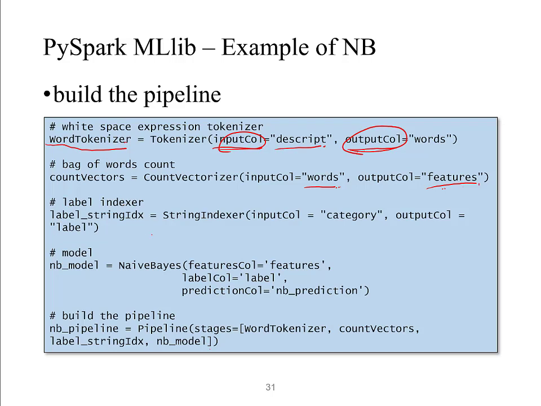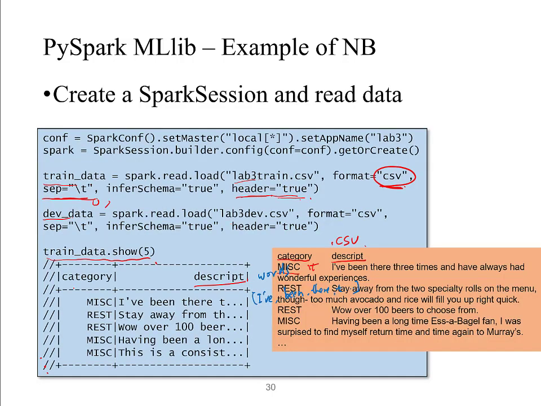So the label indexer takes the input column, that is category, and outputs a column named label. What it does is essentially a string indexer, because as you can see, the category, which is essentially the label of each sentence, contains strings. But in MLlib, we want the labels to be numbers, right? So